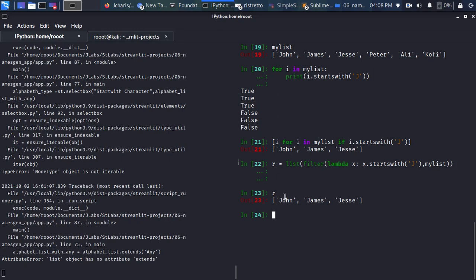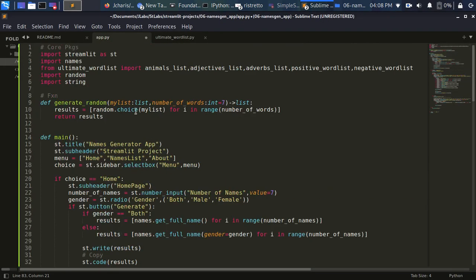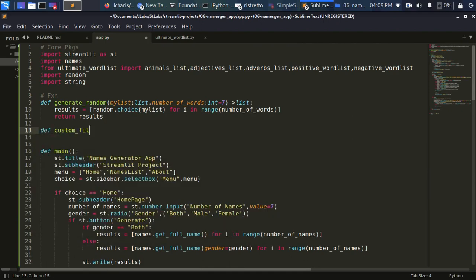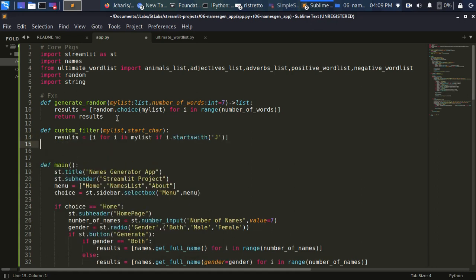So let's see how to use this one inside our function. I'm just going to copy this one to save us time. Copy this, and I'm going to create that particular function inside our app itself. So I'll go back to the top of my app. I'm going to create a function to do the custom filtering. So def custom filter. I'm going to pass in my list, then this is also going to take the start character. You can give it any name. Then I'm going to return my result, which is going to be this one. So if you start with the start character,